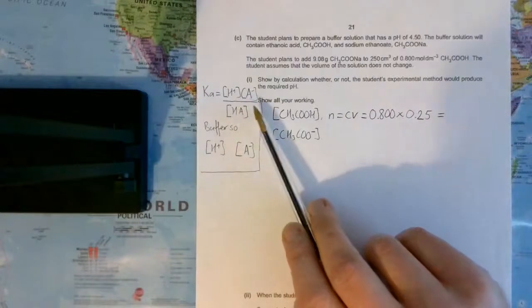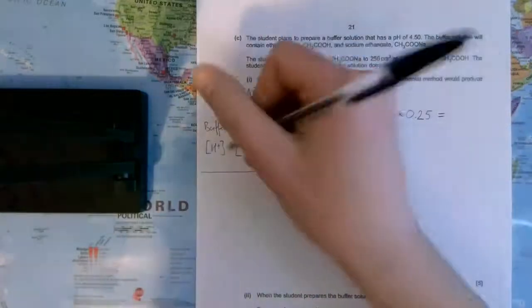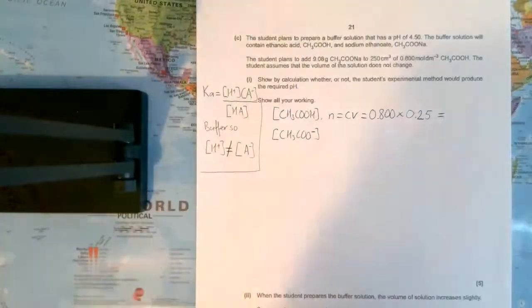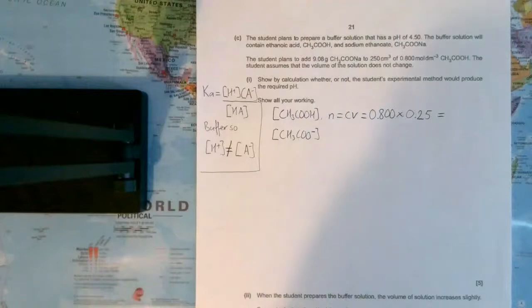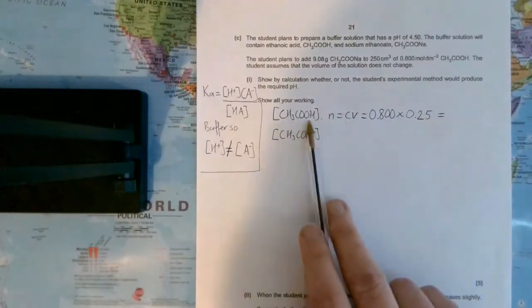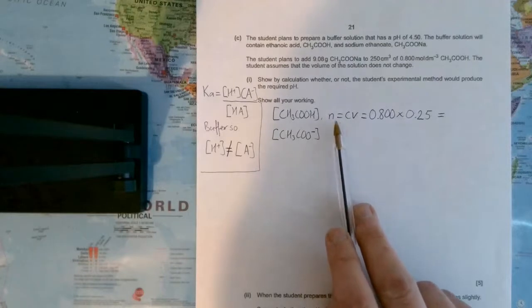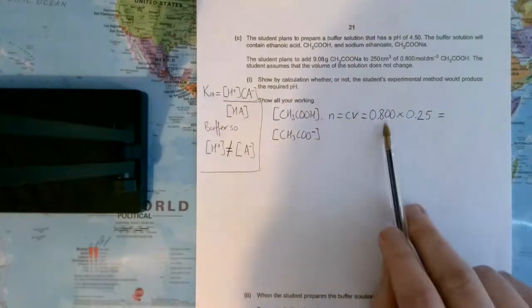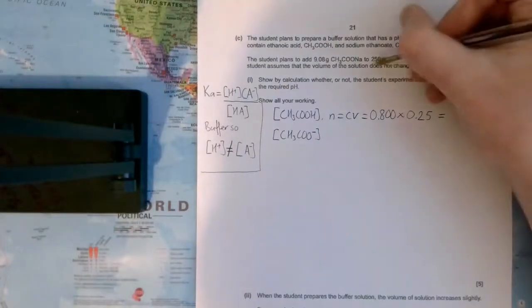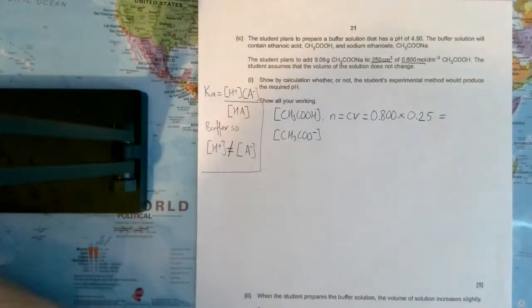First thing, it's always coming back to this equation. However, this time, because it's a buffer, the concentration of H plus is not equal to the concentration of the conjugate base. So we're going to have to work both of them out. I've started it just to try and save you some time in the video. The concentration of the weak acid itself, ethanoic acid, it's just year 12 stuff, year 11 now, n equals CV. You're given the concentration and you're given the volume. Watch out for the units, but if you put those together, then you can get that it is